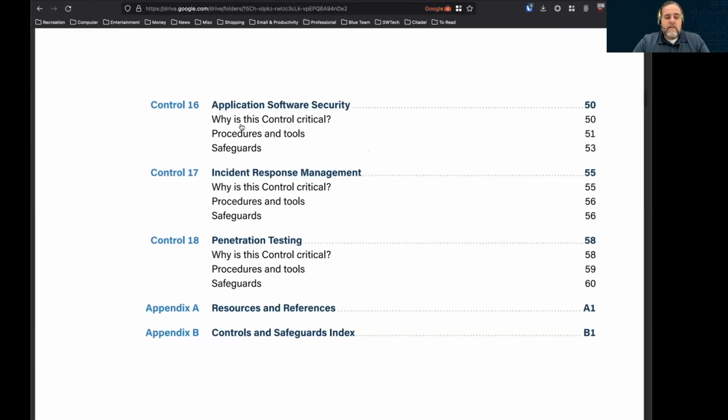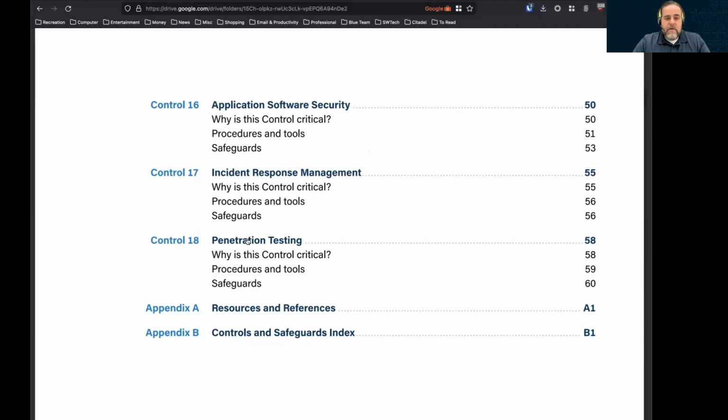So now down to 17, incident response management. Okay, this is like an emergency plan. If there's an incident, I need to have something, a break glass in case of incident sort of plan, so that I'm not running around like a headless chicken when something is on fire. I want to have a solid plan that I put together at a time when I wasn't panicked, to go through and calmly, completely, and efficiently handle an incident. Probably a good idea.